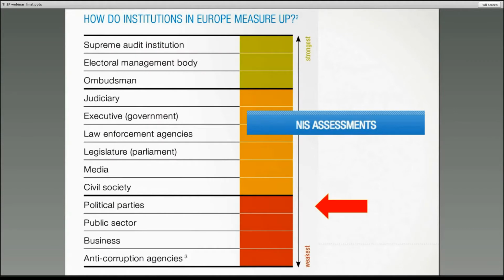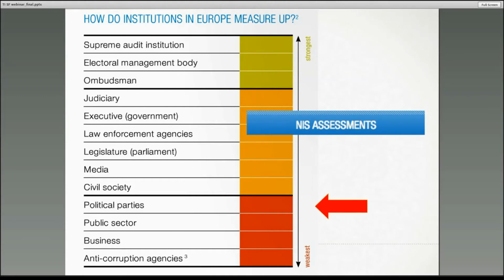So how is political finance data disclosed throughout the world? Like I said before, the situation we think is pretty bad. And if we first take a look at the NIS assessment of Transparency International, the National Integrity System assessment, we know that in most European countries, political parties suffer from the lowest level of integrity. When it comes to actual data availability,